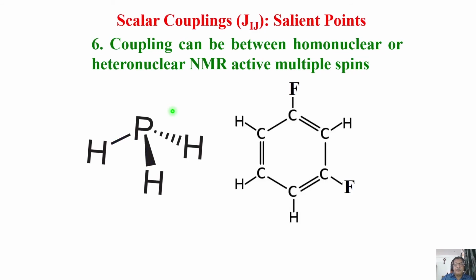And this is also possible. And look at this molecule. I am looking at fluorine. Intentionally I have put 2 fluorines here. Now this homonuclear coupling can be there. This heteronuclear coupling can be there. Homonuclear coupling is between 2 protons. Heteronuclear between proton and fluorine is there. And heteronuclear between carbon and proton is also there. Homonuclear coupling between 2 carbons can be there. And heteronuclear coupling between carbon and fluorine is there.